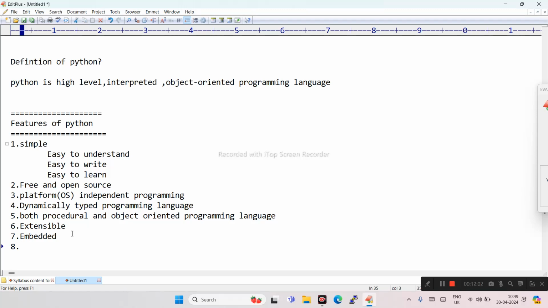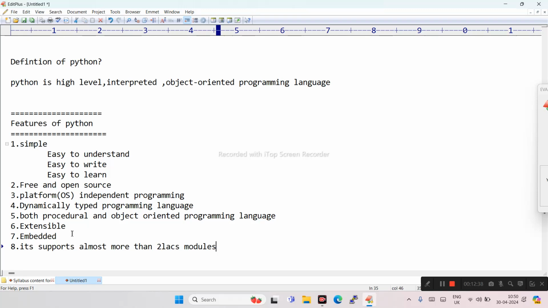Python has a large community. For example, if you want to do different types of work, Python has a lot of support from the community. It supports more than 2 lakh modules. That means you can do any operation, any task, by using these modules. What are modules and what are packages?